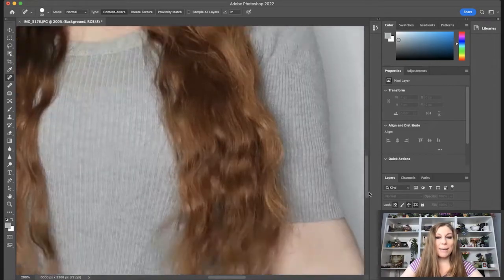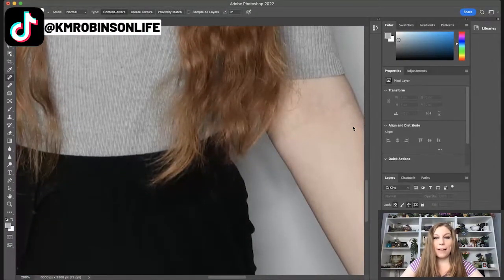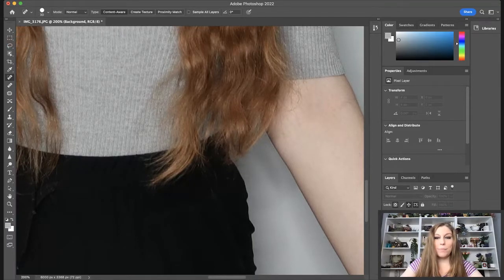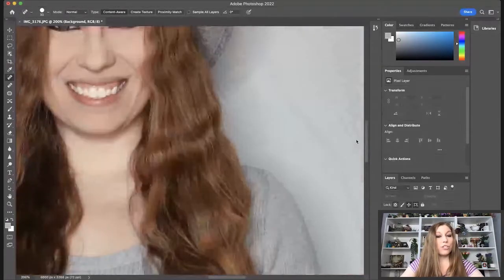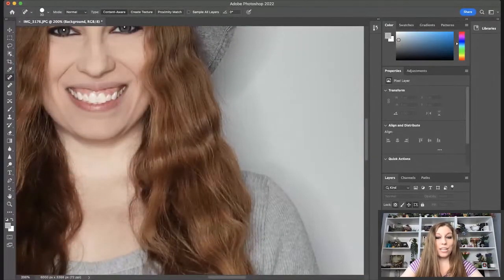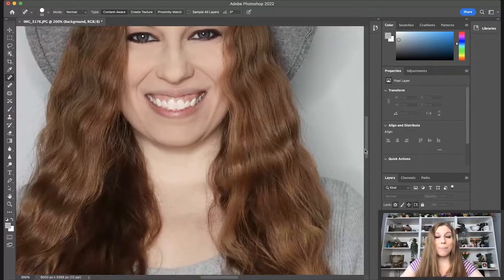So you can do that anytime you have like an issue. I've got some like veins on my arms over here. You can kind of see how I'm just cleaning that up a little bit. There's a little spot on my arm down there, and we're just cleaning that up. So these are two very easy basic tools that you can be using to fix up your imagery and still